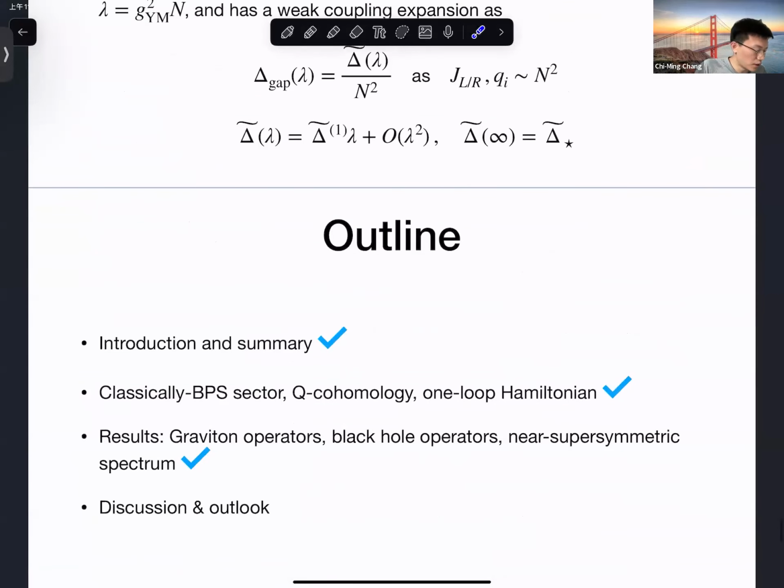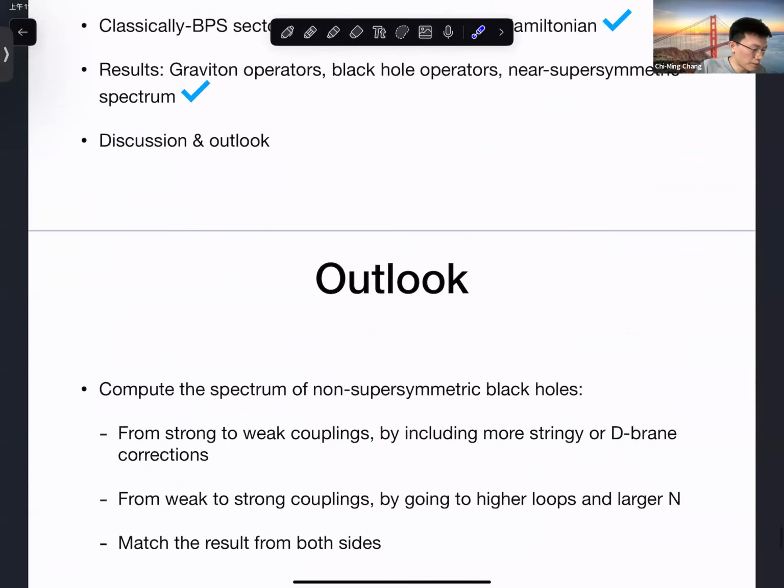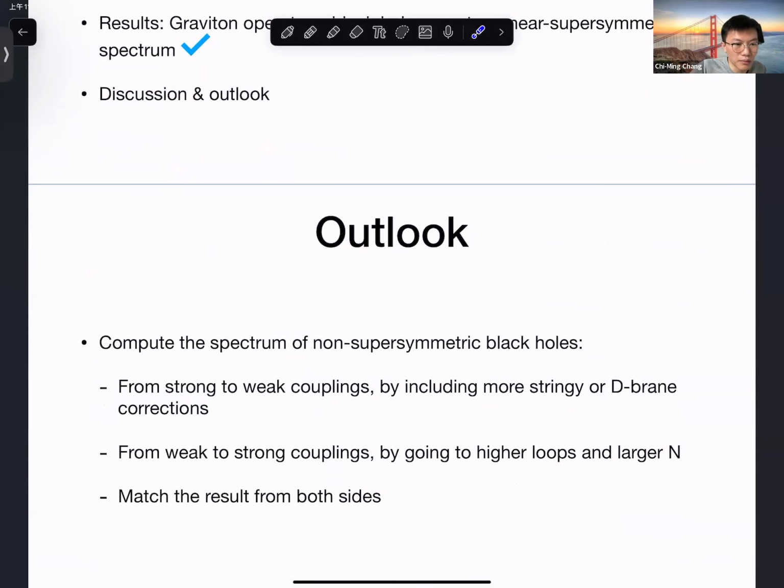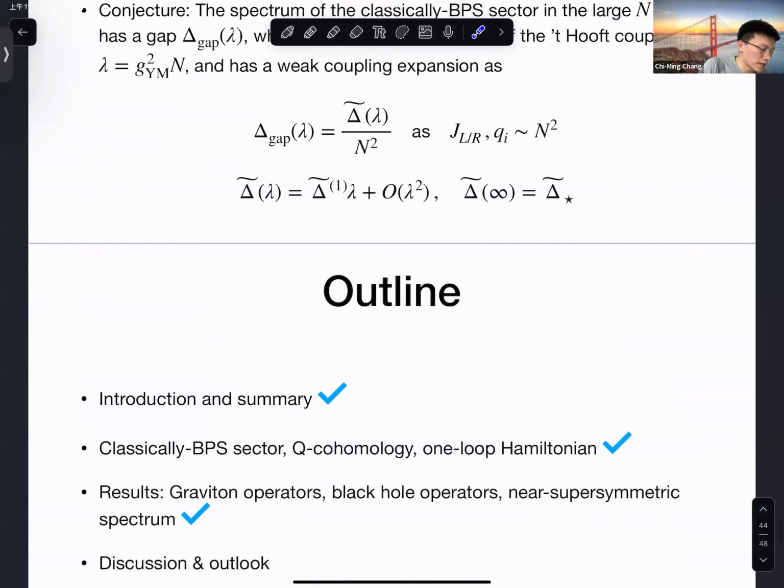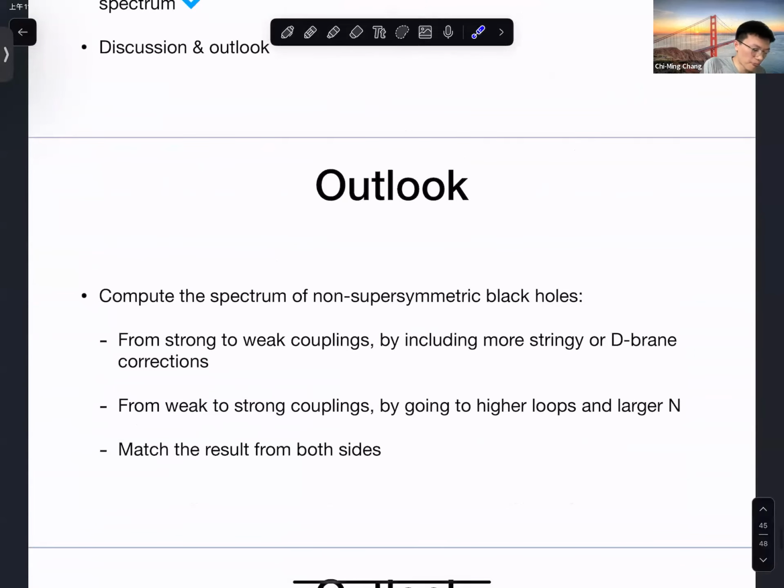Good. So now let me conclude my talk by giving some outlook. First, it's about this conjecture. As I said, if we want to give more evidence for this conjecture, on the CFT side,